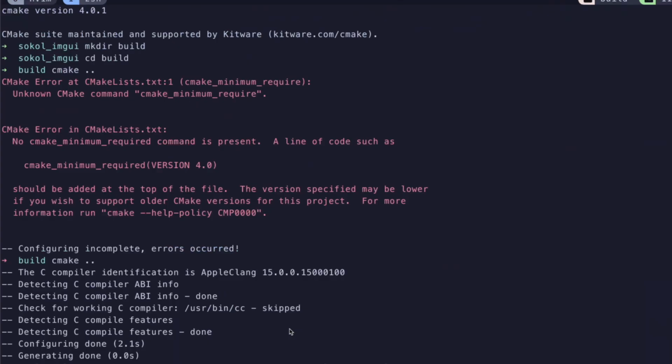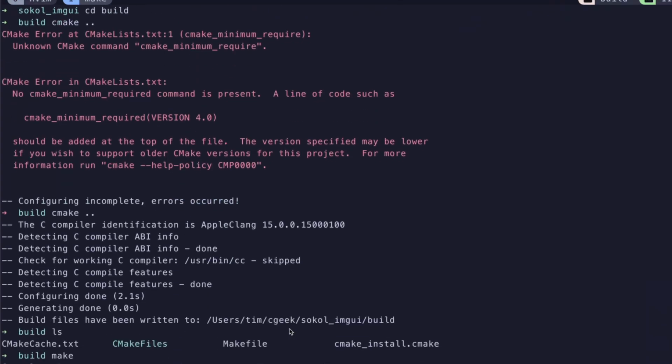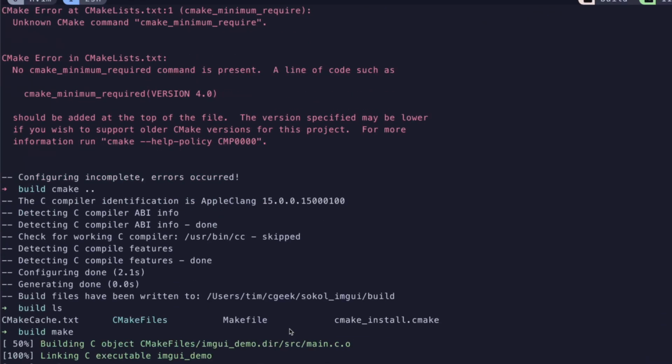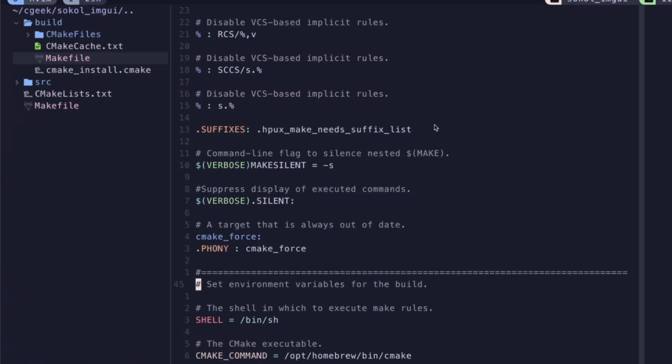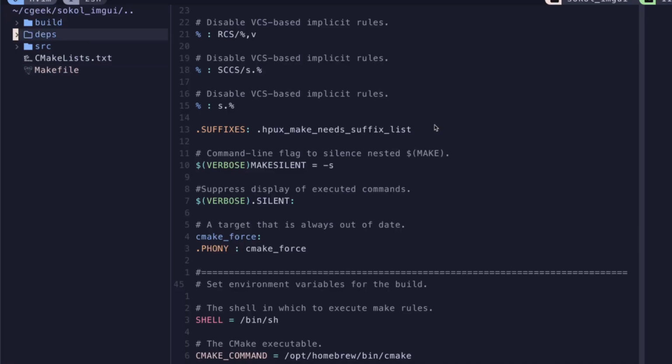But so yeah, from there we can just hit make. And now we've got this ImGui demo executable, and hello world. Okay, cool. So yeah, what we're going to do now, I usually create this deps folder where I put